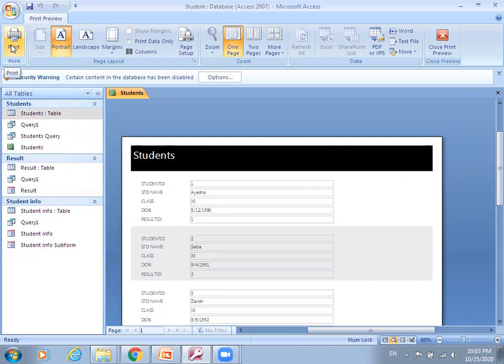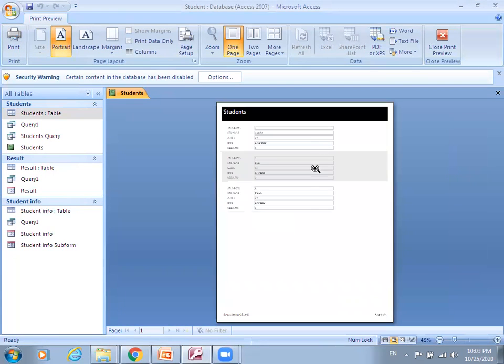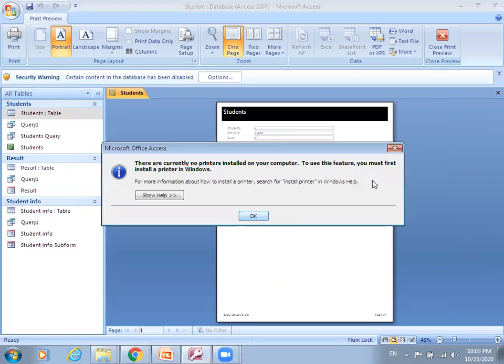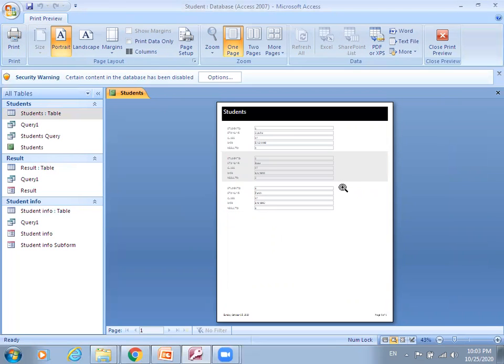And then you can present it to anyone. You can give the student's record. You can generate the report of the student result card. Okay, and you can take the print of this page. So this is your report, which you can use to generate your output in printed form, which you can use and hand over to anyone. You can take the print of this report. So printing a report means that you can just press this print button, a printer wizard will start, and then with the help of that printer wizard you can take the printout of this report.